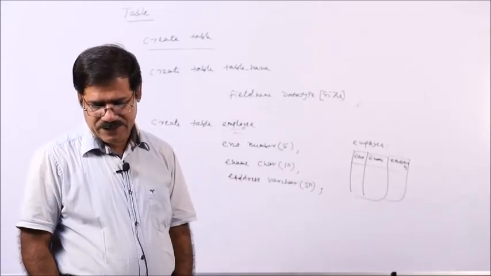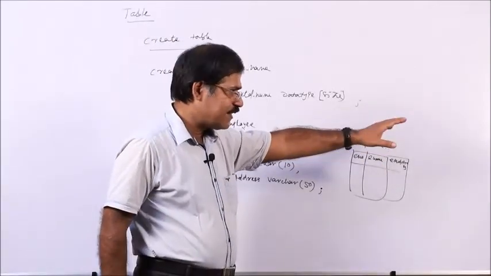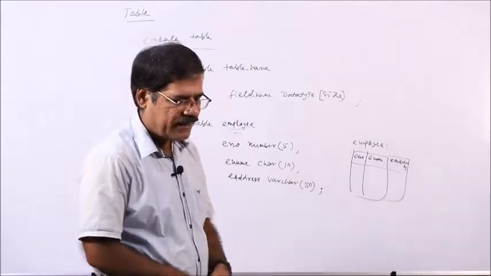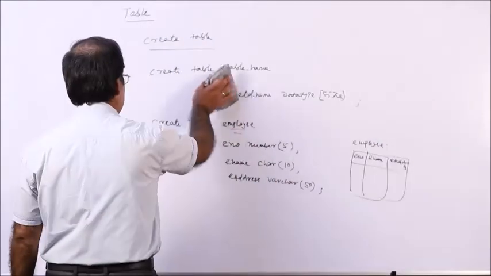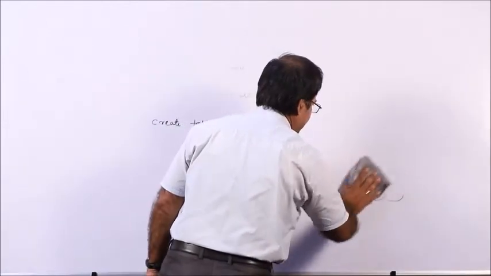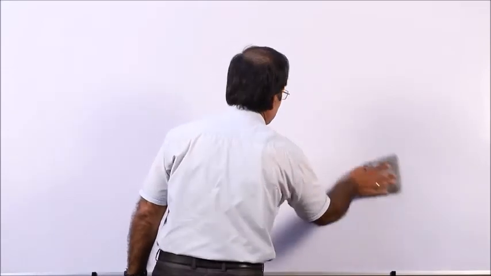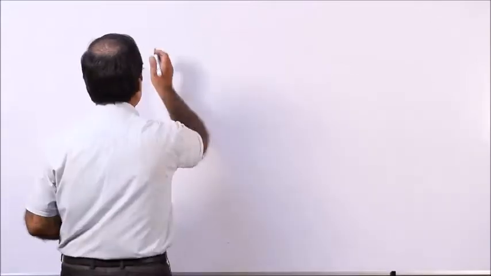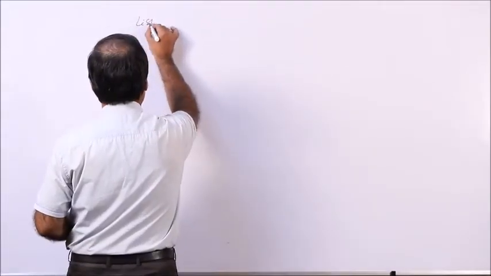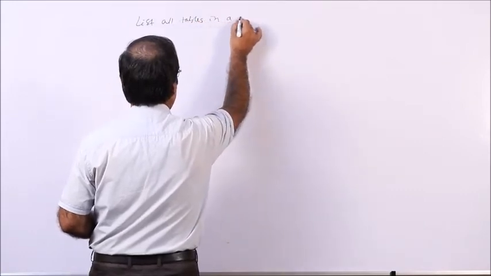Okay. So, list the current tables. List all tables in the current database. Suppose a particular database has a number of tables, you want to display all the tables. How to display? Display all the tables in a database. Suppose a database has 4 tables or 5 tables, you display all. So, list all the tables in a current database.